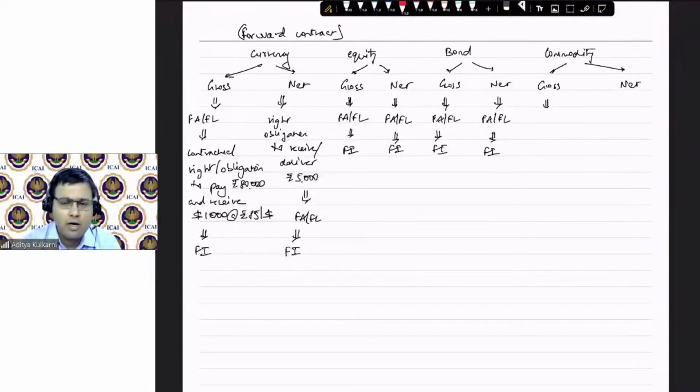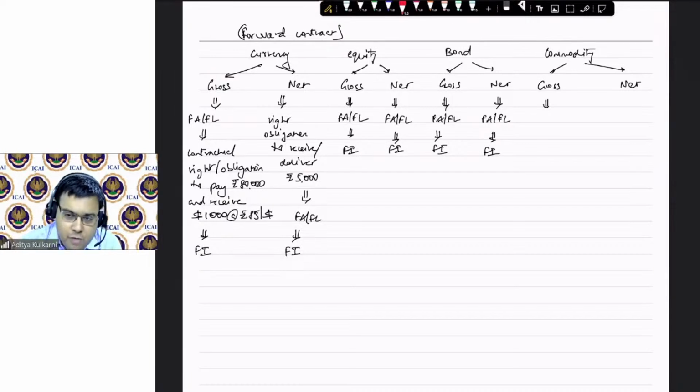So with any commodity, wheat for example, suppose you have entered into a wheat futures or forward contract for purchasing 100 tons of wheat. On the date of settlement, you will get 100 tons of wheat. You are not going to get cash for that. You will get 100 tons of wheat which will be unloaded at your godown. Is 100 tons of wheat a financial asset? Answer is no, it's not.